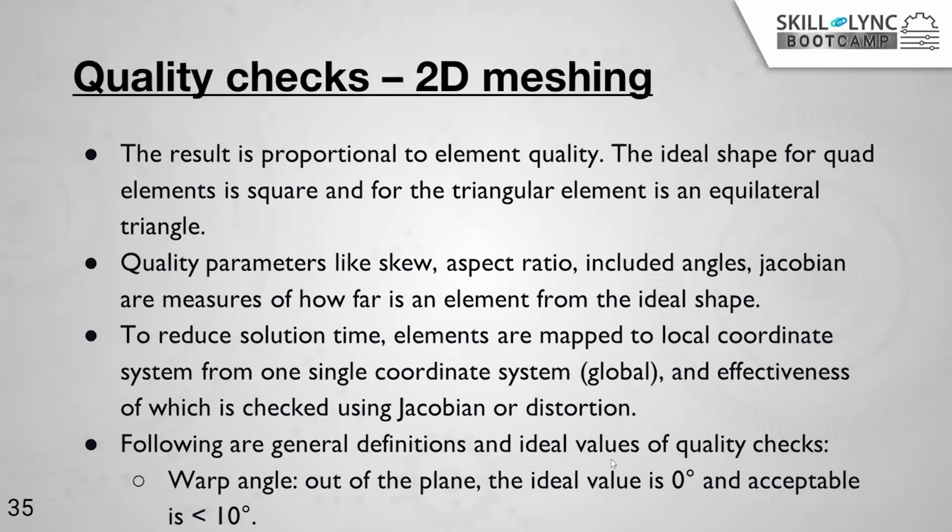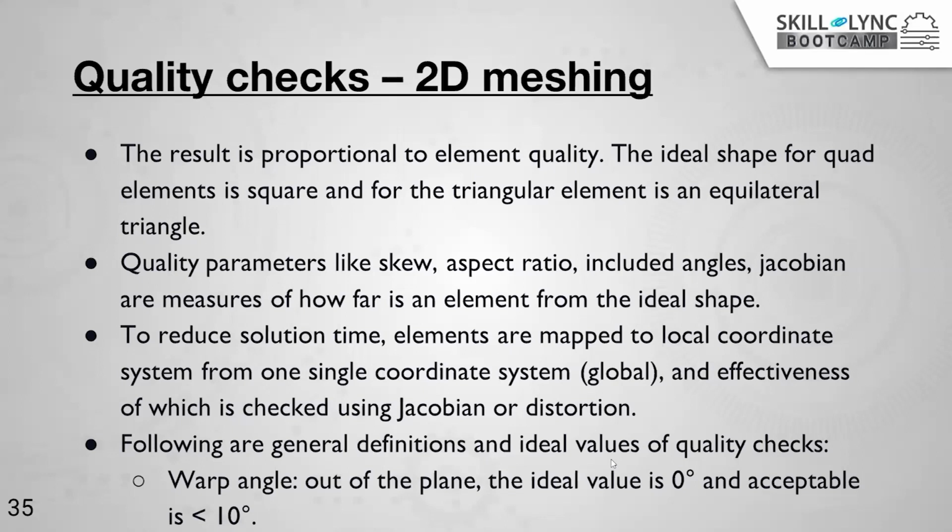So that is why there are some quality parameters like skew, aspect ratio, included angles, Jacobians. These are measures of how far your element which you have meshed is from the ideal shape. Okay. So there are some limitations which they have put. There are some factors which they have given. So if it is crossing those factors, that means you need to mesh it again or you need to remesh it. Okay. Now